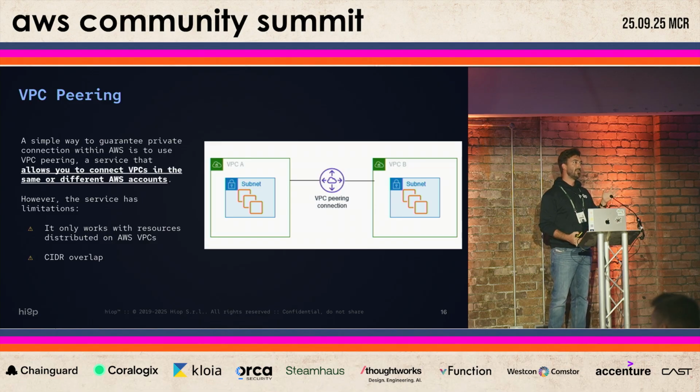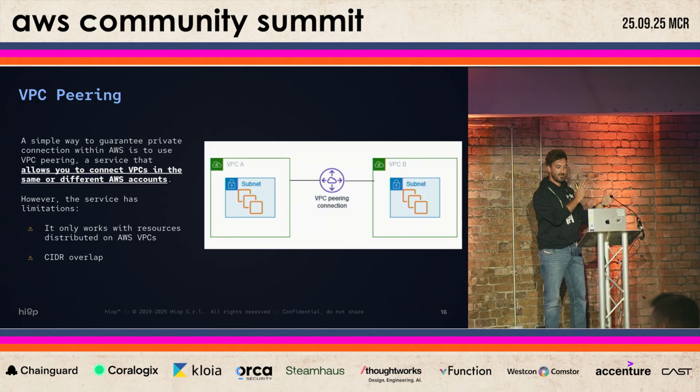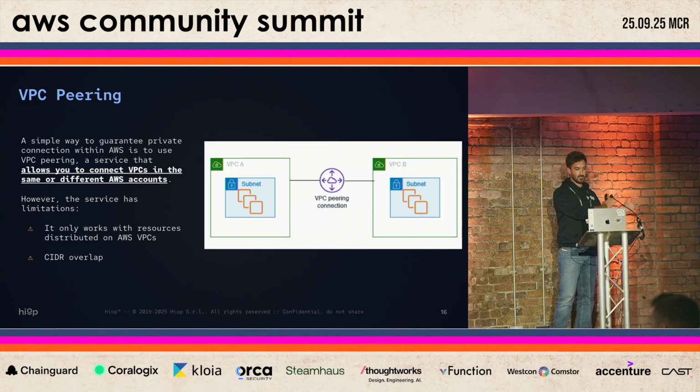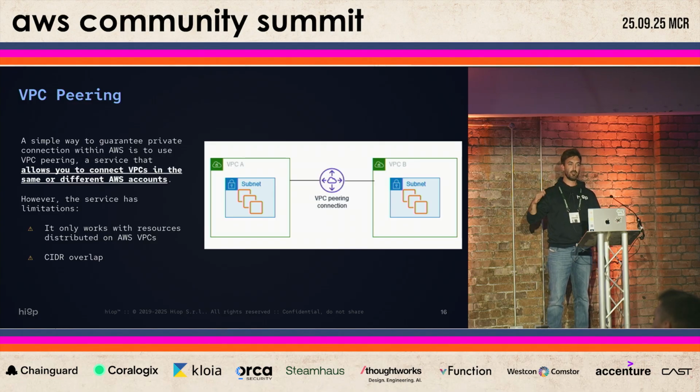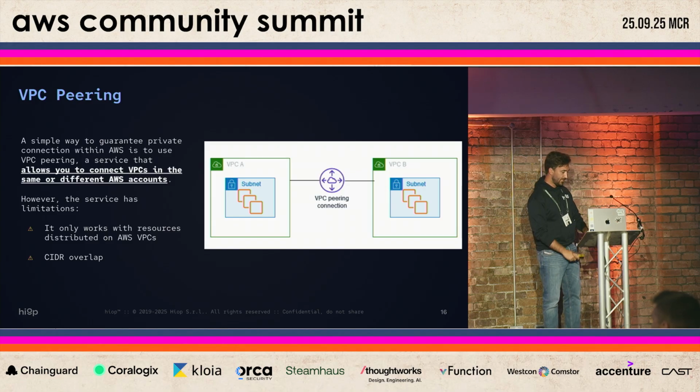Imagine that you have a 10.0.0.0/16 IP range in one of the VPCs. If at least one of the IP addresses inside this range has a collision in the other VPC, imagine 10.0.0.1/16, you will not be able to perform VPC peering.